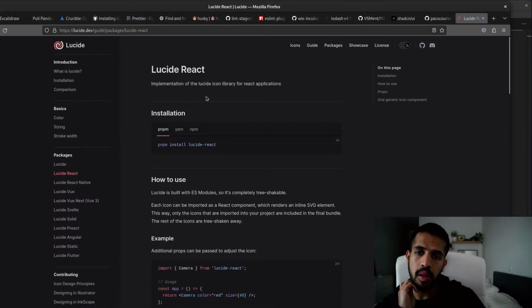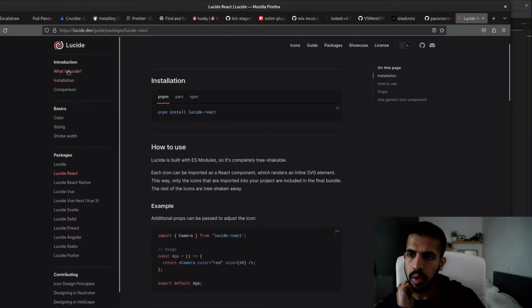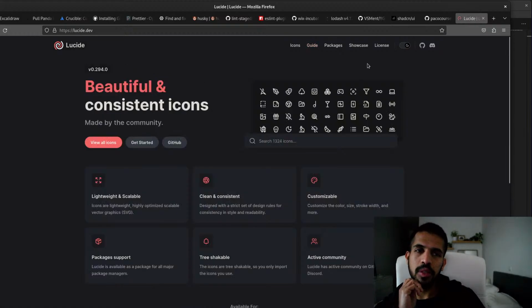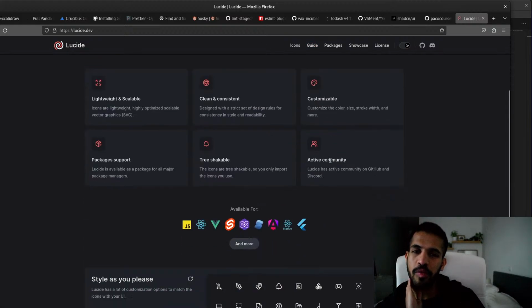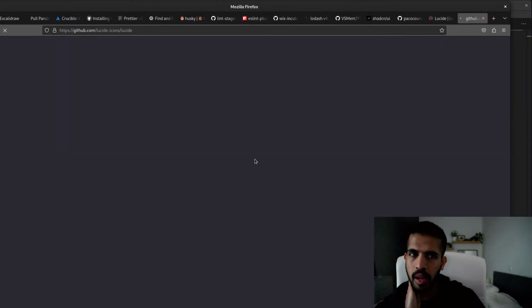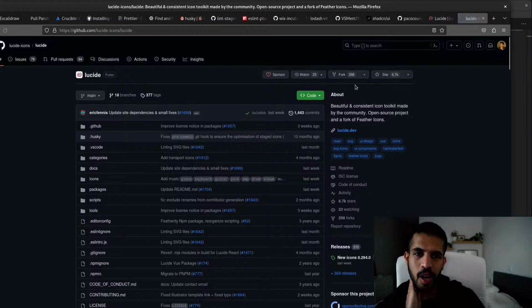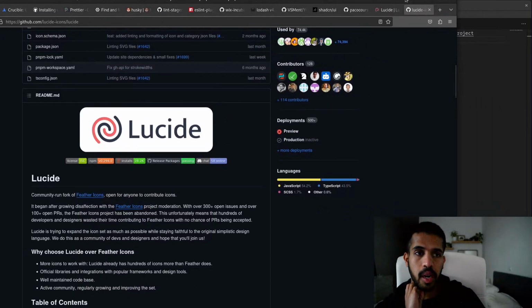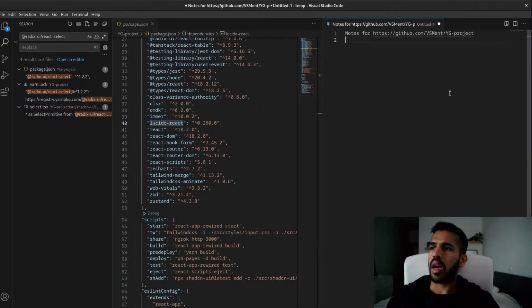Icon library. Okay. What is Lucide? Open source icon library that provides 1000 icons. Okay. I really sometimes think about how people manage to find all of these lesser known libraries. It's interesting how you end up with them, but it's not so bad, I feel. It's about 7K stars, so at least some people use it, but personally it's the first time that I'm hearing of it.